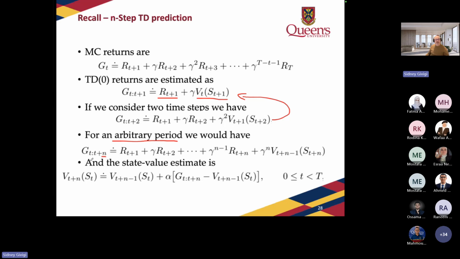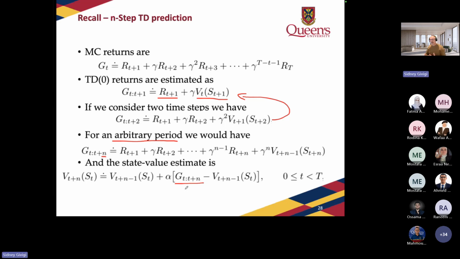And as I mentioned before, now we have all the rewards, and then we approximate the value at S_{t+n}. So it's the nth visit to the state in the future. And then we can do these estimates, like the state value estimate, using these approximations here, right? So we can actually use this, and keep in mind that we could replace this for G_{t:t+2}, G_{t:t+3}, or if you just put G_t, it is going to be the Monte Carlo return. So this is a generic way of doing it. So